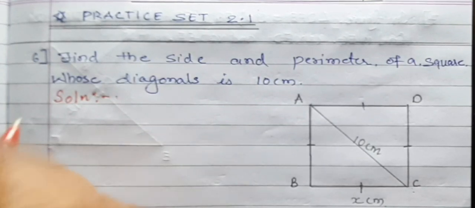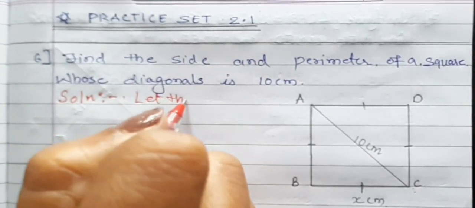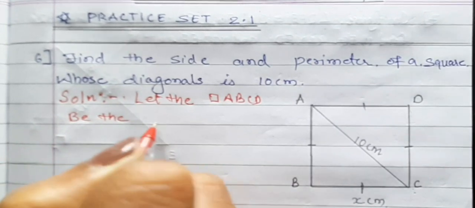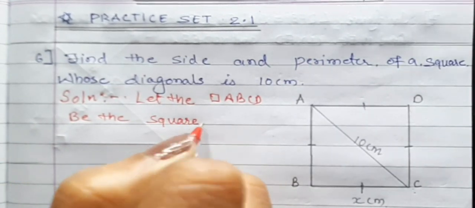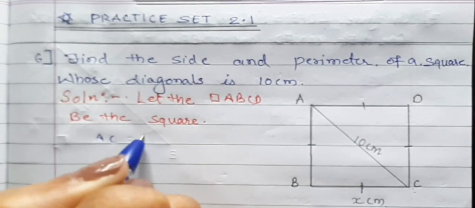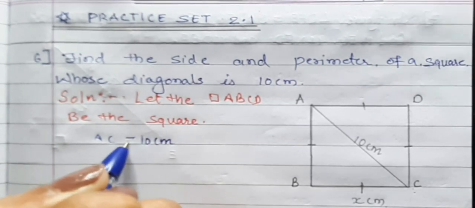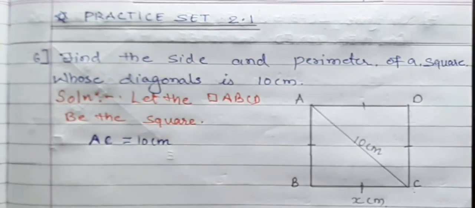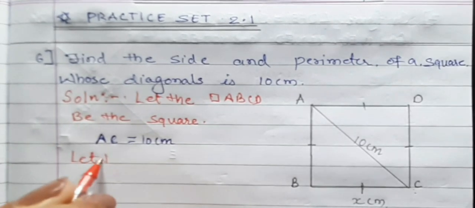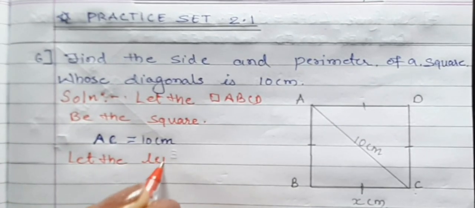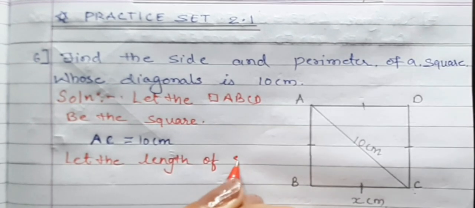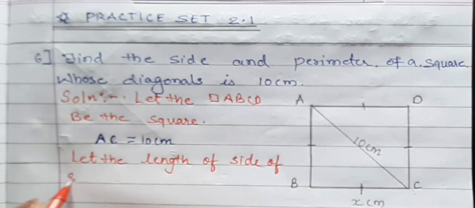Okay, so here let the quadrilateral ABCD be the square. Okay. Now here AC is given to us as 10 centimeter. Length of AC is given to us as 10 centimeter. Okay. Now we will suppose that let the length of side of square